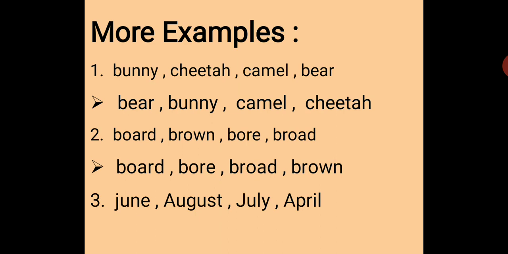So you have to observe both the words. Have you observed that both words have the first two letters the same? Yes. Then we are moving on to the third letter of them. Which are they? N and L. Now you have to think about which letter between N and L comes first in alphabetical order. Which letter comes first? L. So our third word of the answer is July and the fourth word of the answer is June.